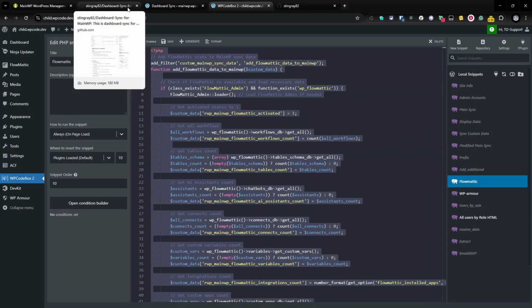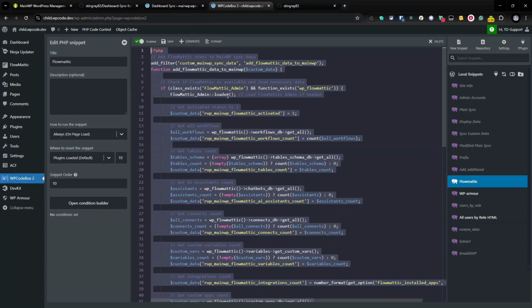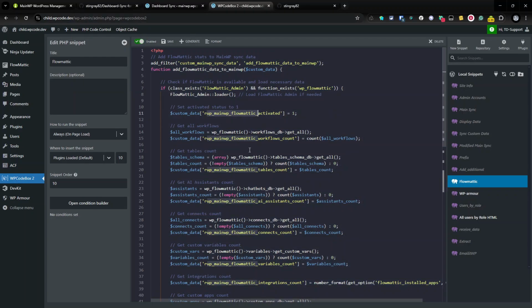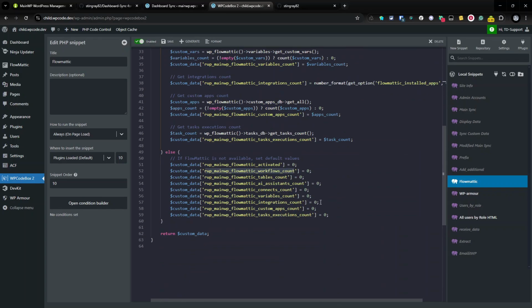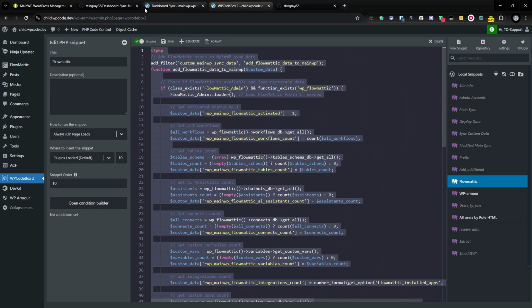You send this data to your MainWP dashboard, and this data is automatically turned into tokens. And those tokens are just whatever you put in this custom data plus your custom prefix. So in my case, 1234 underscore RUP underscore MainWP underscore flowmattic underscore workflows underscore count. And that's it. This automatically takes this data, turns it into a